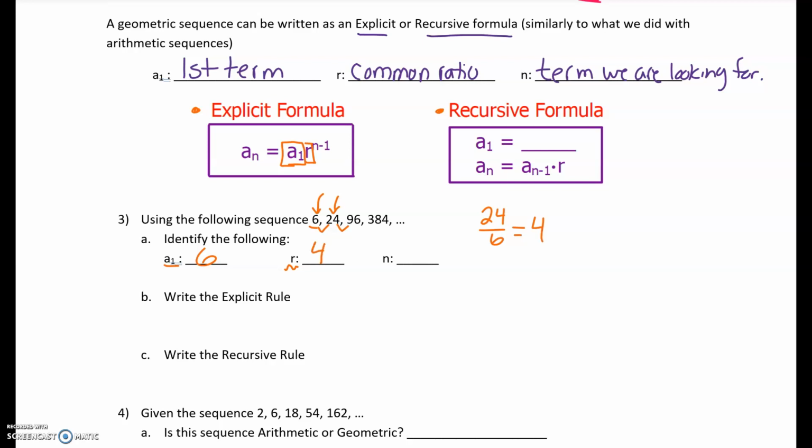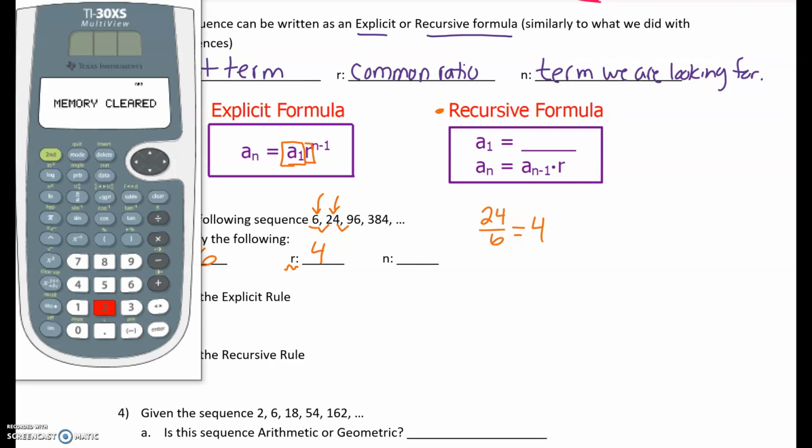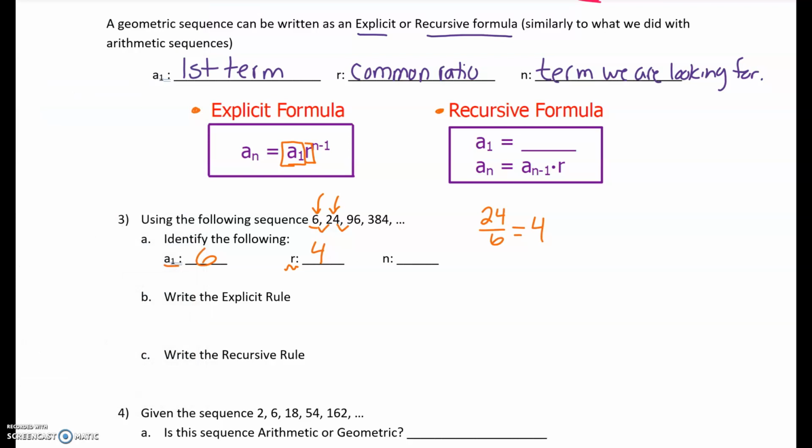Okay, well, check it. If you want to use your calculator and check it, you can say, well, does that hold true for the next one that says 24? 24 times 4, it is 96. So I know that I'm getting to the next number. If I multiply that by 4, I am getting 384. Okay, so let's use that